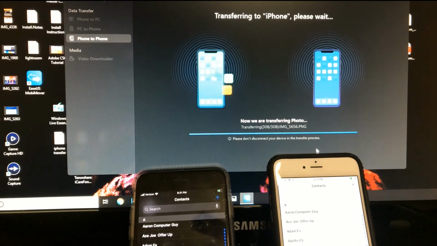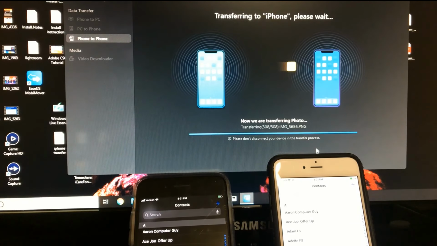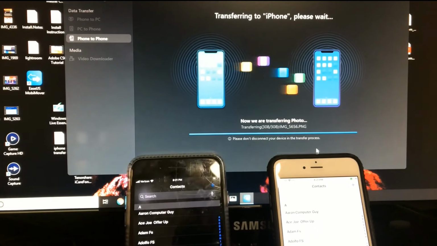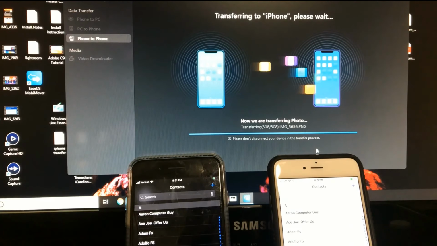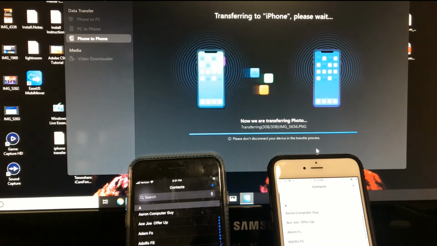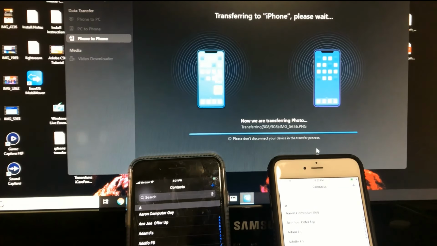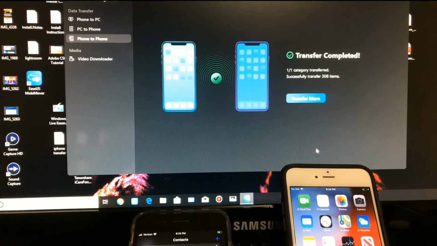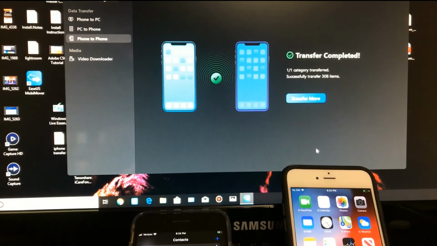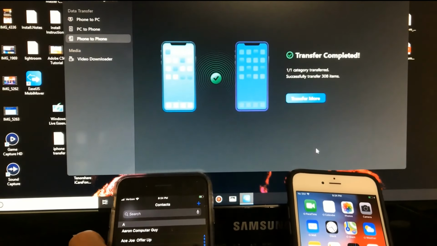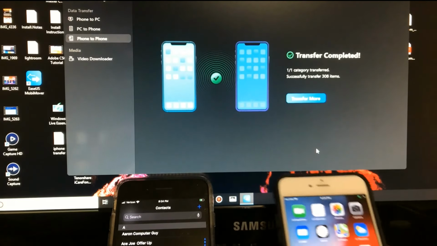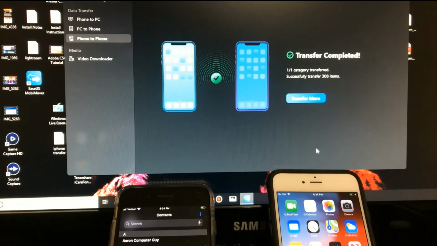All right, guys. So pretty much it looks like it's just about done here. 308 images. That took maybe about 5-7 minutes or so. So it says we're still transferring right now. So I'm thinking it's just finishing up the transfer. Okay guys, so pretty much everything finished up the transfer. After it said it was pretty much done, it had transferred 308. It took about another 4 or 5 minutes to actually finish and come out saying that it transfer